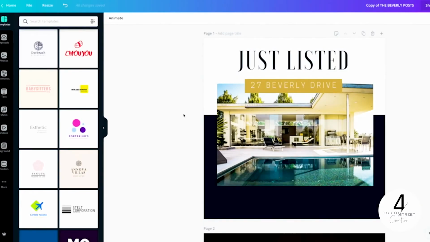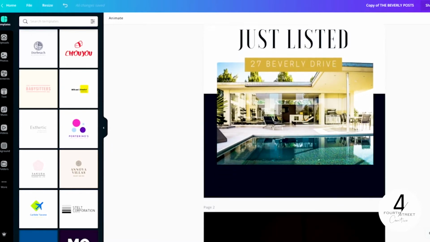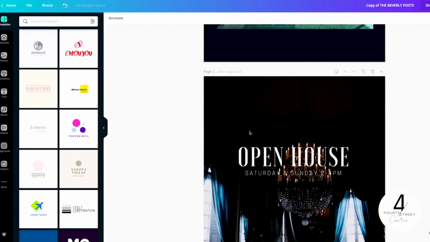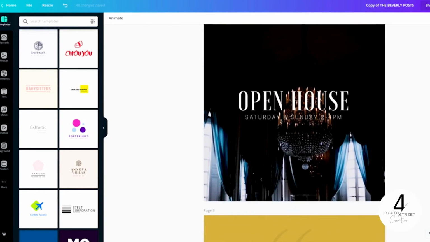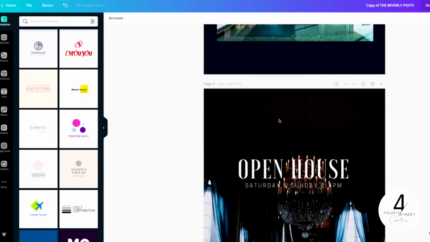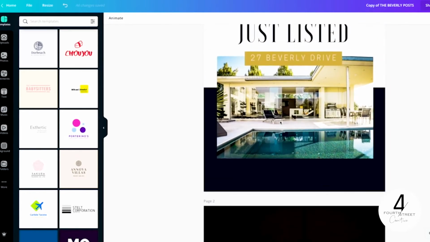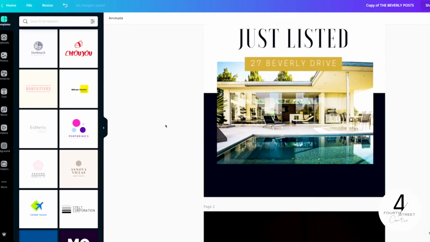Okay, I'm going to show you how you can easily customize any template to match your brand so that when you are choosing a template, you choose the right things for you. So anything like color and font can be changed. So what you're looking for when you're looking for templates to use is basically the layout. Does the layout work for you? So do you have an open house and is this how you want to advertise it? Those are the things you want to look for when you are shopping for templates or just using templates from